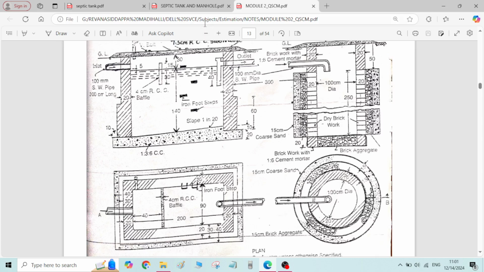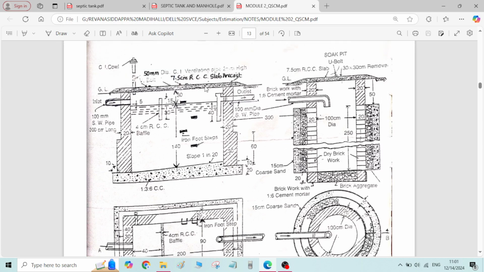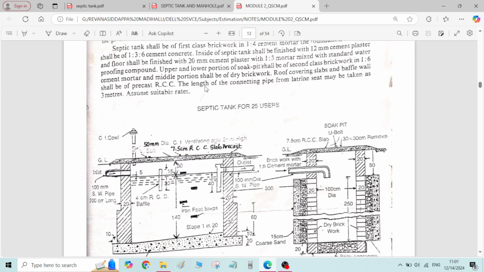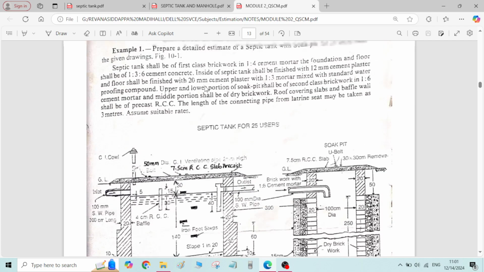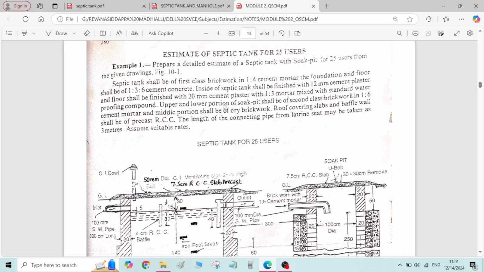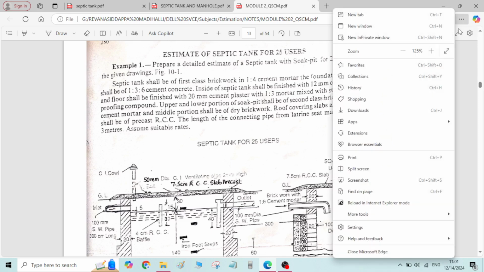So anyway, I will start doing the estimation of this septic tank or the soak pit. Before starting the calculations, let us go through the problem once. Prepare a detailed estimation of septic tank with soak pit